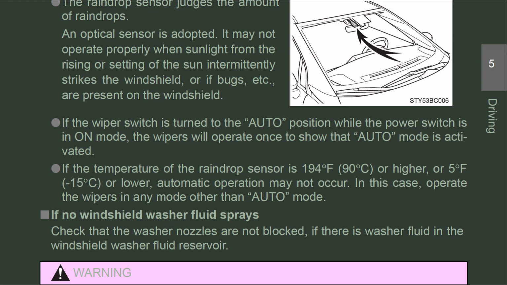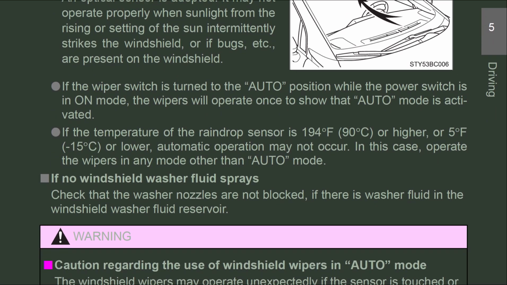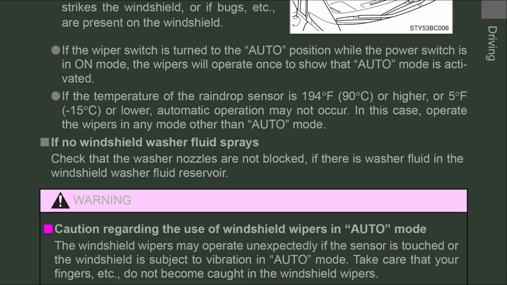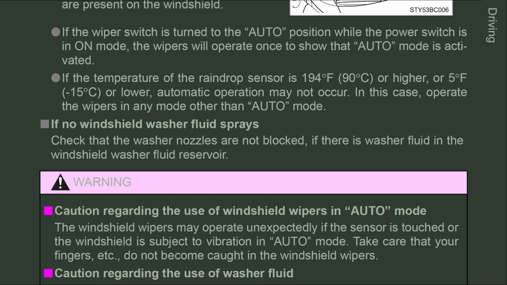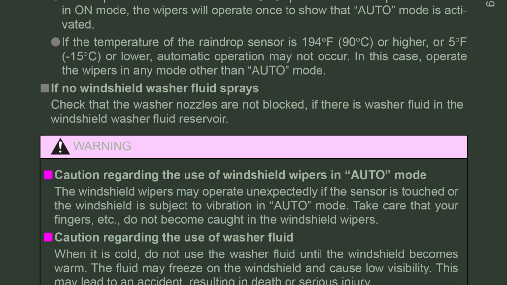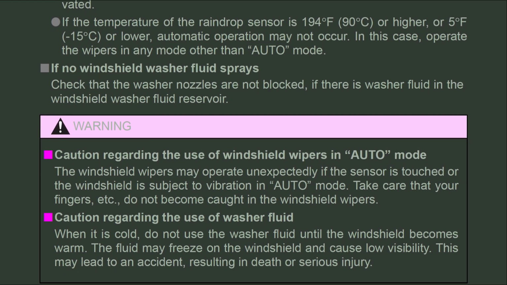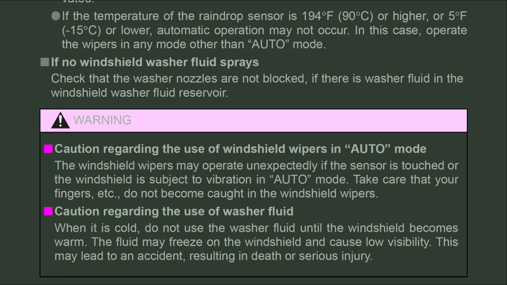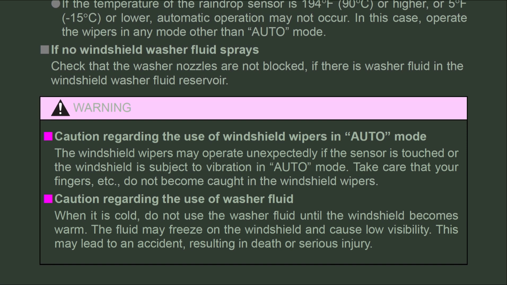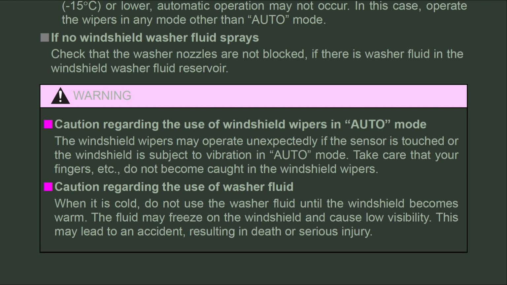If the wiper switch is turned to the auto position while the power switch is in on mode, the wipers will operate once to show that auto mode is activated. If the temperature of the raindrop sensor is 90°C or higher, or -15°C or lower, automatic operation may not occur. In this case, operate the wipers in any mode other than auto mode. If no windshield washer fluid sprays, check that the washer nozzles are not blocked. If there is washer fluid in the windshield washer fluid reservoir,